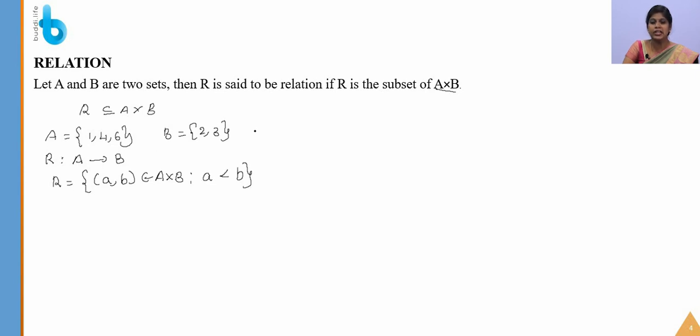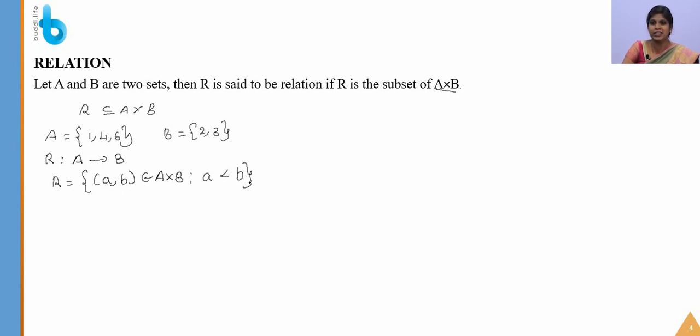See, for every relation there will be a condition. Only if the element of this Cartesian product satisfies this condition will it come under the relation. That is, an element is said to be in the relation only if it belongs to the Cartesian product of the two sets and also satisfies the specific condition meant for the relation. Okay.